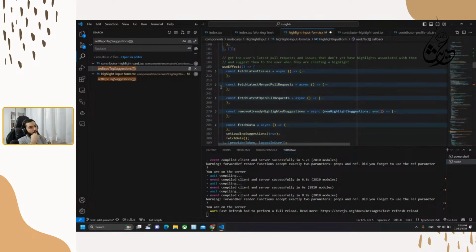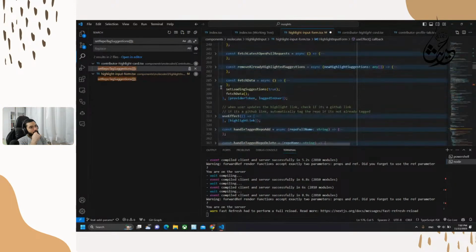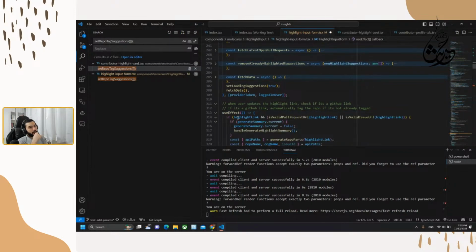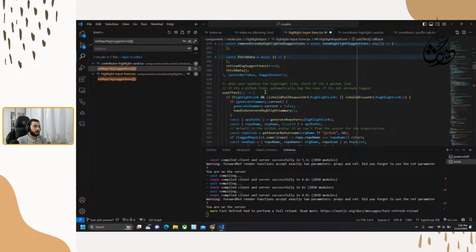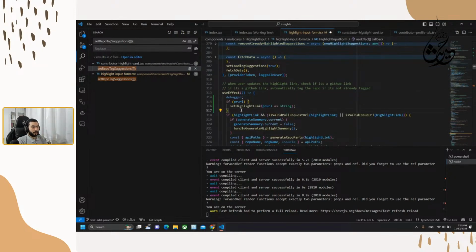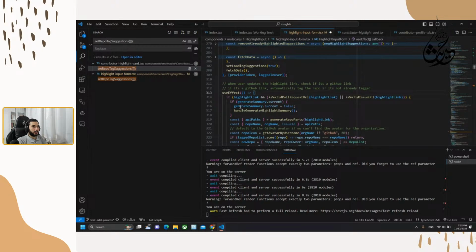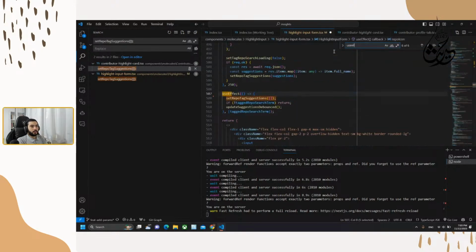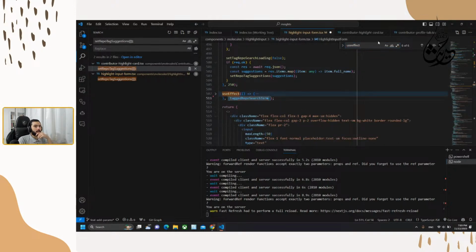Or should you run it? So this is when the link changed. When we change this one, we will have this, which is not what I want. Use effect, and this is when tagged search was not working.